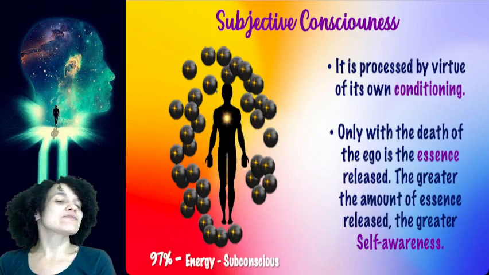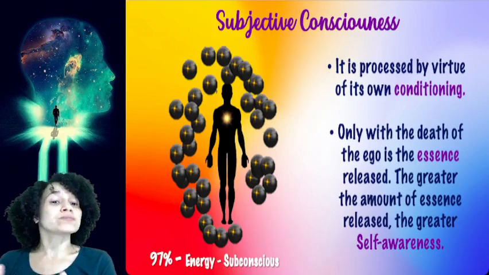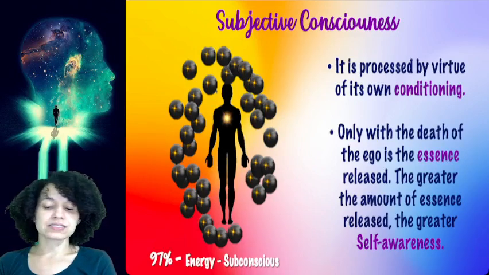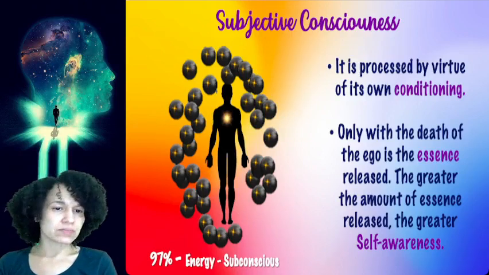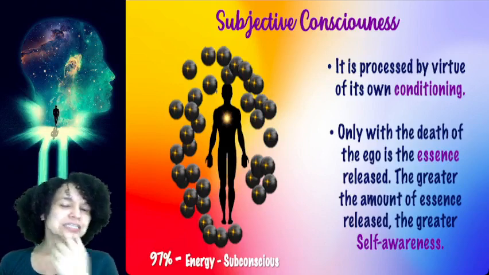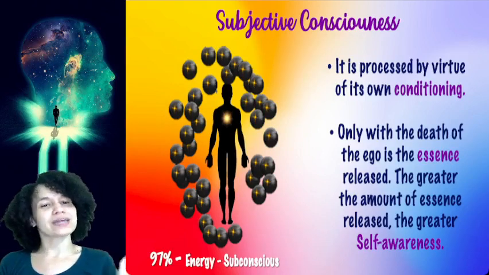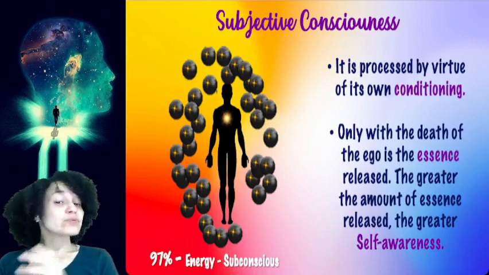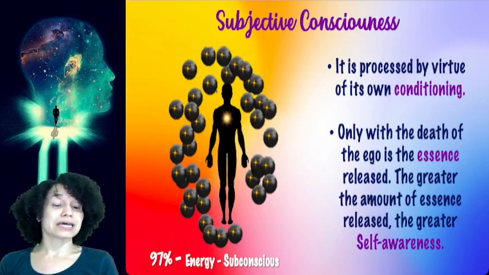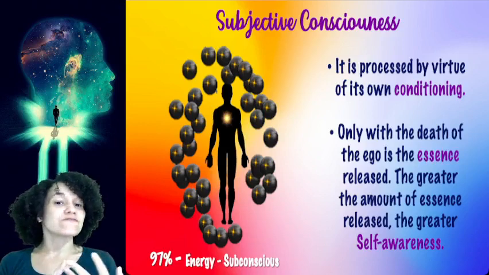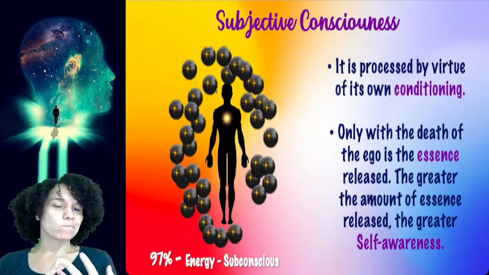So this 97% of essence that forms our soul is completely polluted by all of our negative ways of being. And as we studied in lecture number 11, where we were talking about how to fabricate soul and spirit, we saw that the soul is a set of faculties, powers, virtues and forces